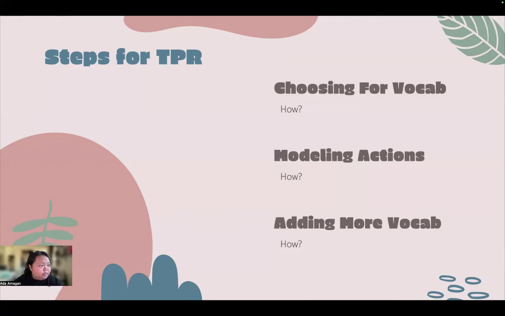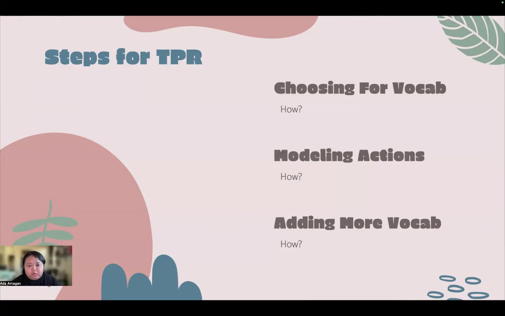By understanding that TPR and TPRS are multi-sensory learning environment methods that you can use, language can not only be heard, but also physically acted out, which enhances comprehension and retention. And so choosing vocab, modeling actions, and adding more vocab is really a huge part of